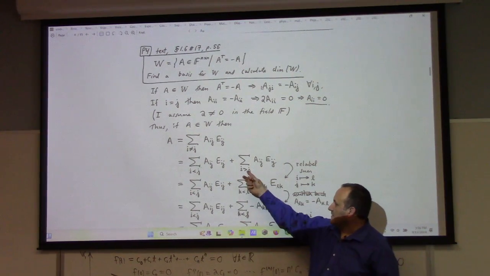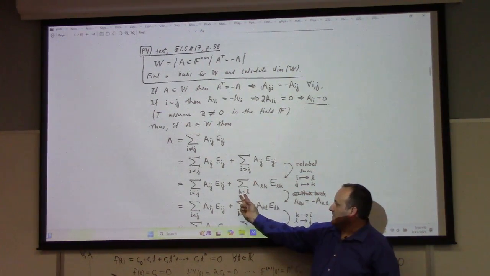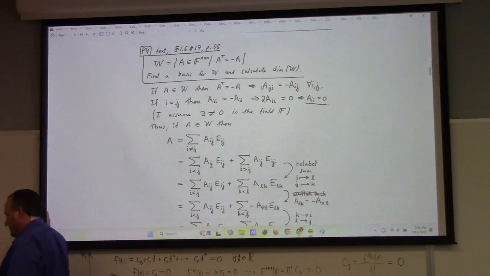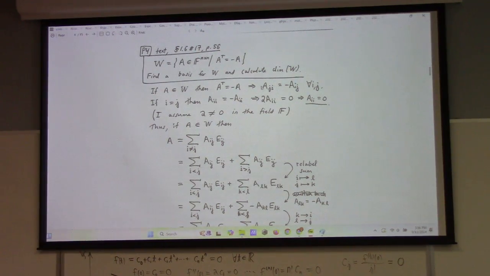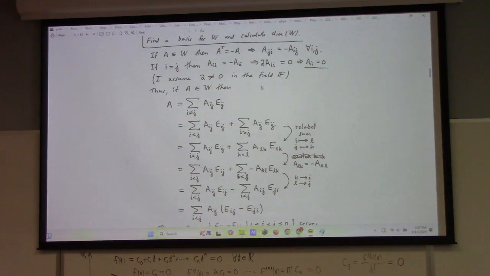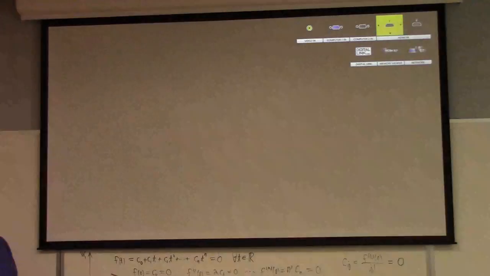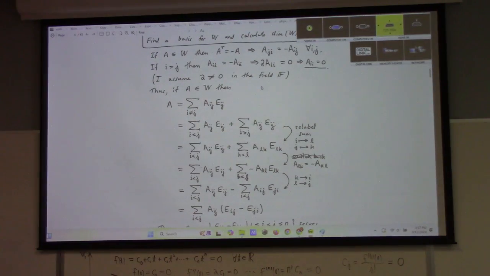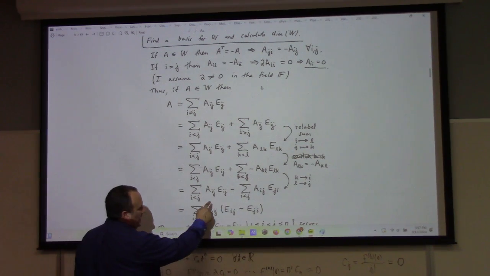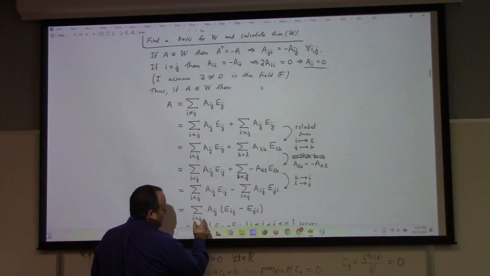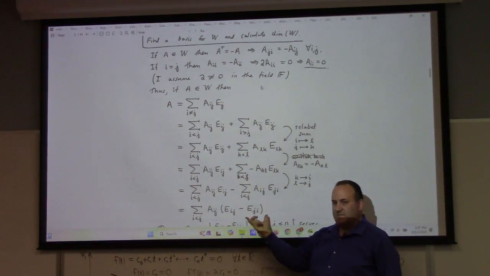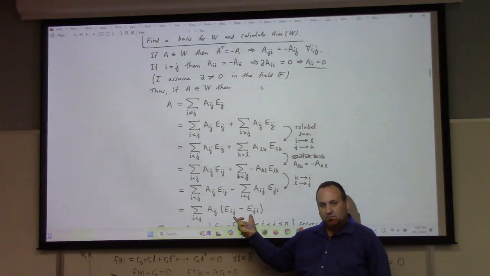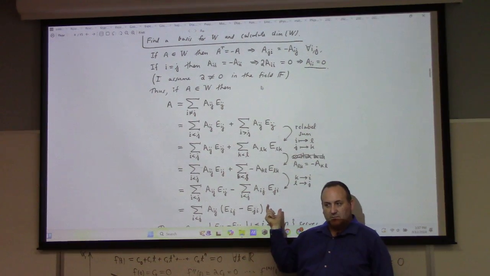I also did here, right? I went from i less than j to k less than l. So I relabeled the sum like such, and so I made the pattern match up. At some point, I have a_ij on both factored out, and then there you go. That proves that these span the set of antisymmetric matrices, all i less than j. So this proves it's a spanning set, and if you put this equal to 0, we also get linear independence